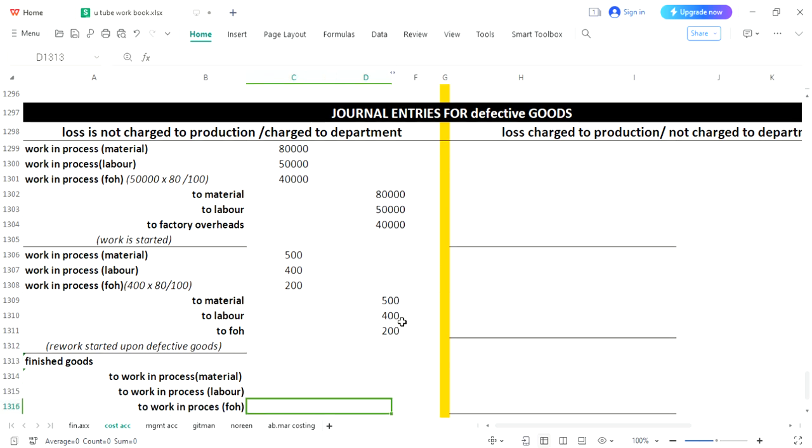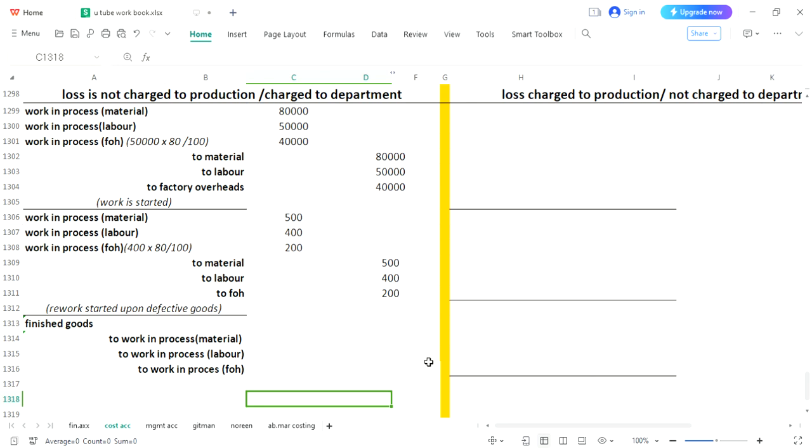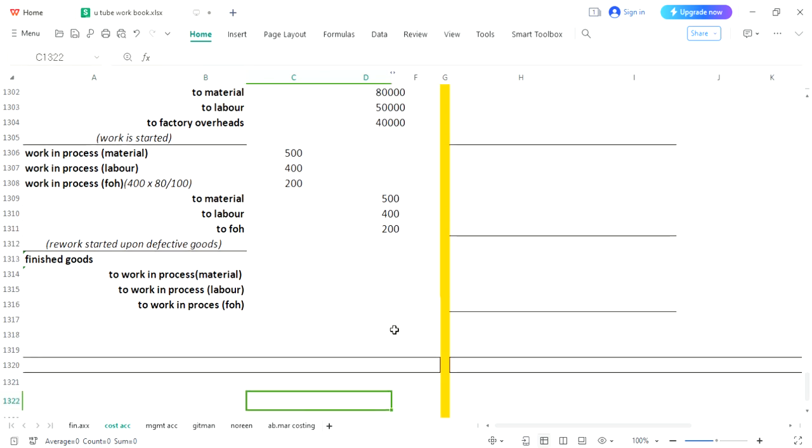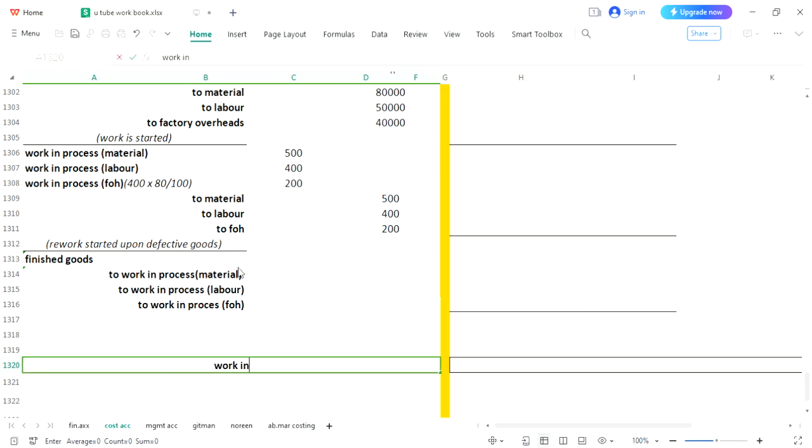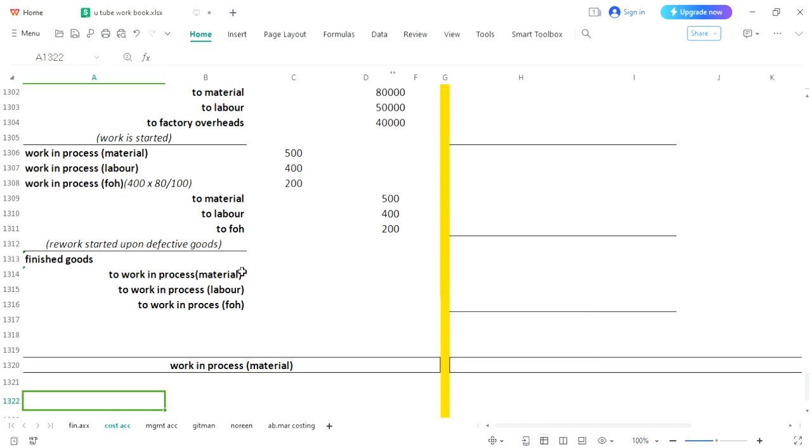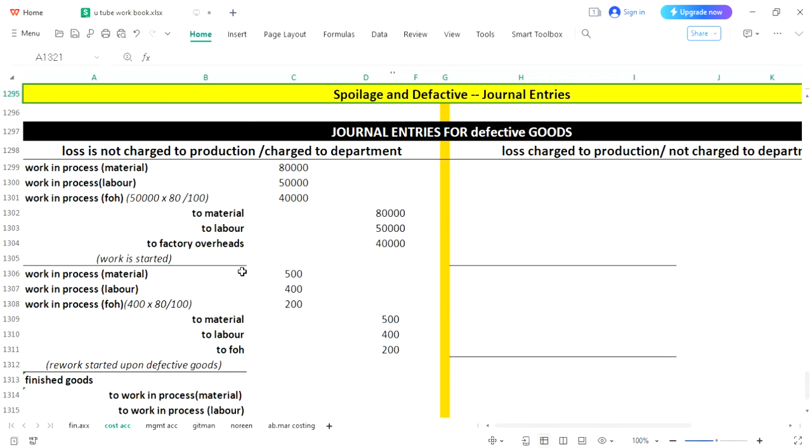Now finally we need to calculate finished goods, and I have told you there is no way of calculation of these work in process directly. You will have to make ledgers. So first amount is related to work in process material. For that we will be making a ledger for work in process material, and I have told you there is a direct method as well without making a ledger, but you are not allowed to follow that. In this question there are only two journal entries, work in process material, work in process material. Both are present on debit side. Since their signs are same, you can directly add as well, but we will